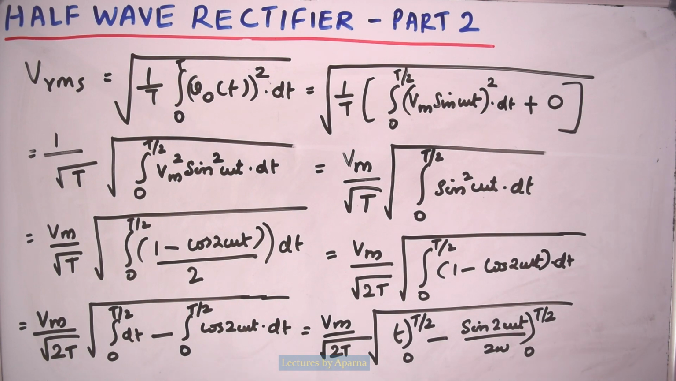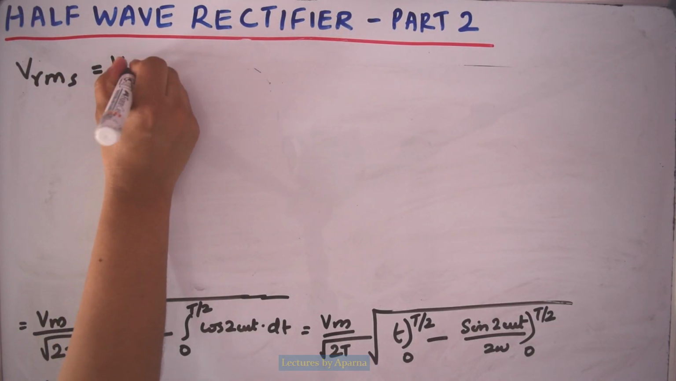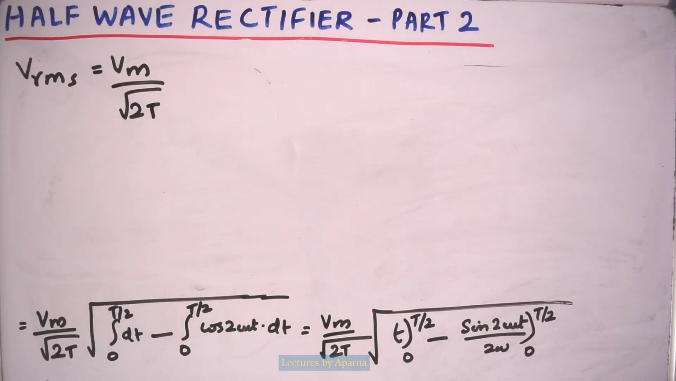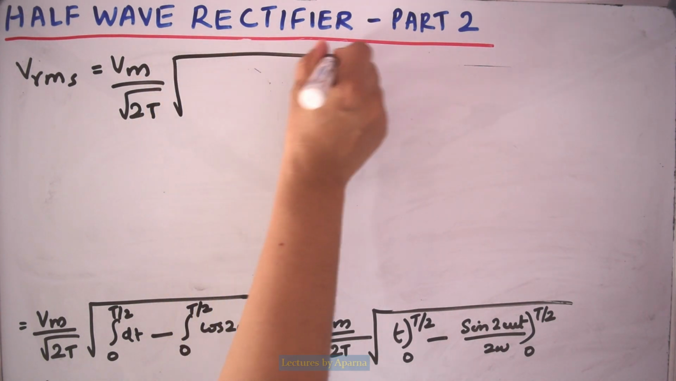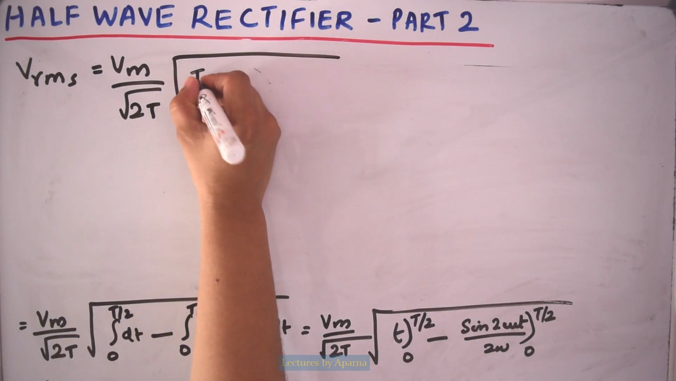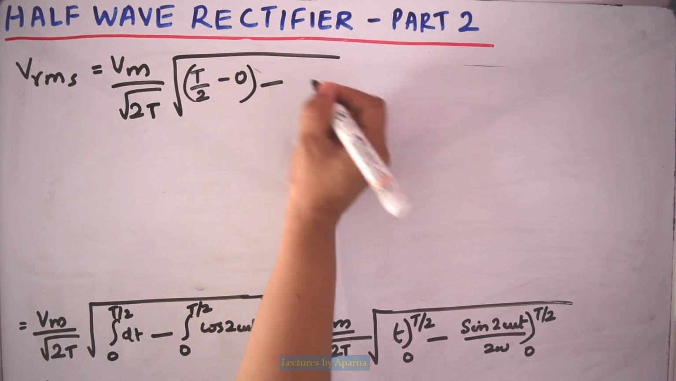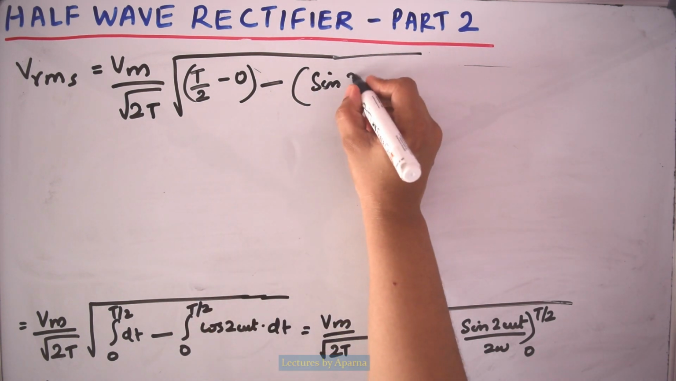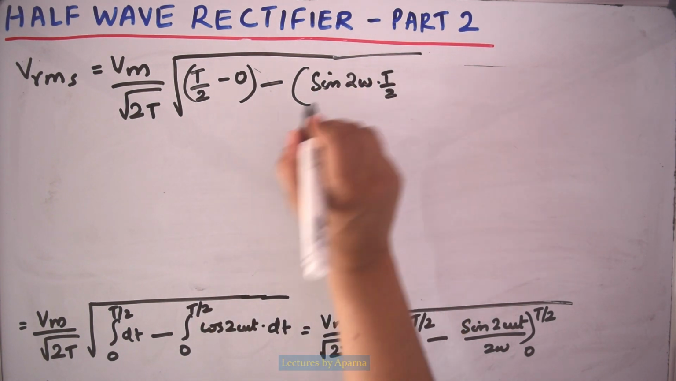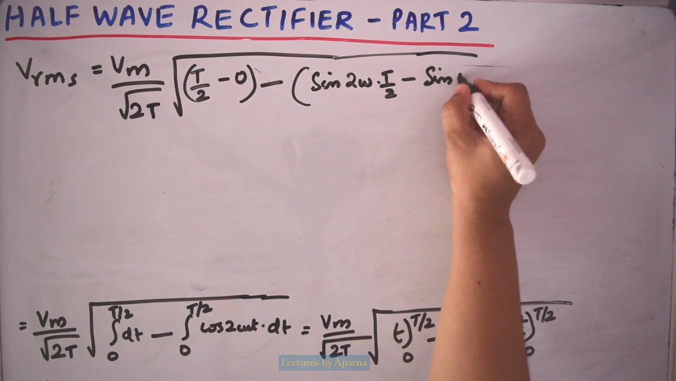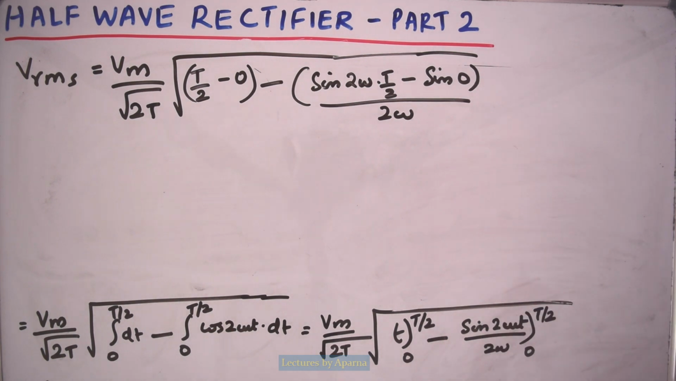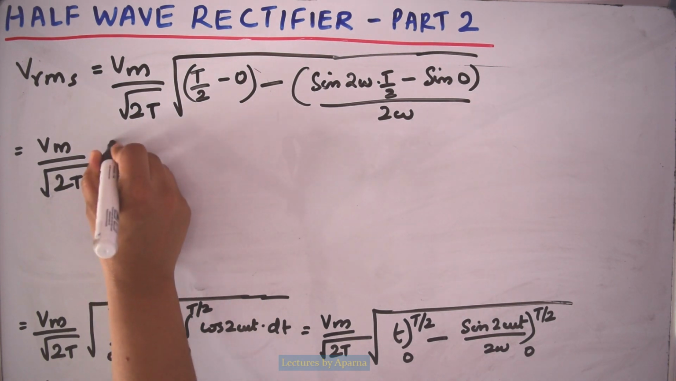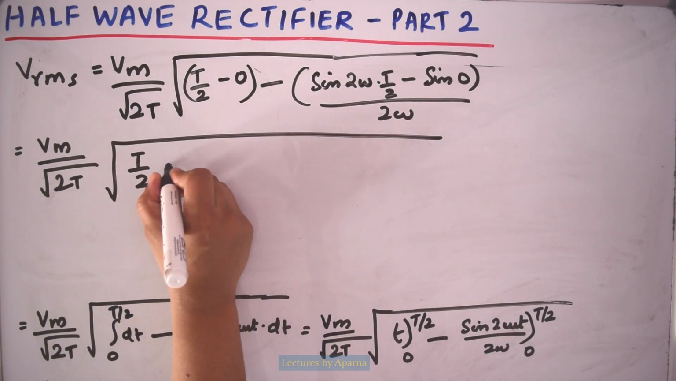This will be equal to Vm by root 2T into square root of, applying limits here, it will be T by 2 minus 0 minus sin 2 omega into T by 2 minus sin 0 divided by 2 omega. This will be equal to Vm by root 2T into T by 2 minus,